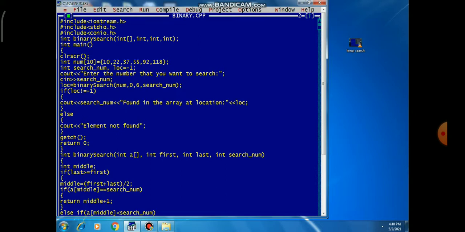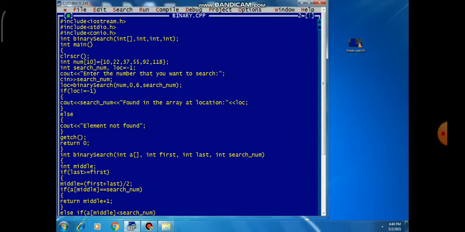Then dear students, we are declaring a variable middle which is of type integer. So in case of binary search, first of all we have to find out the middle value. Whatever the working of this middle, we have covered in our previous theoretical session of binary search, where we have studied how to find middle.